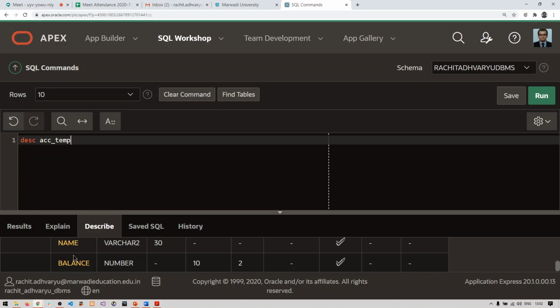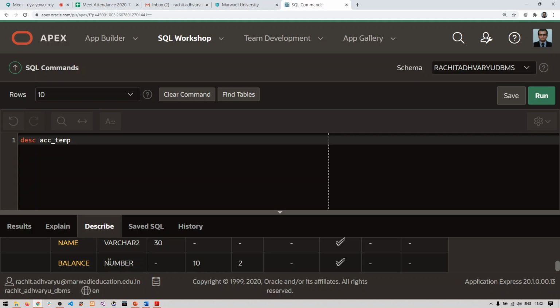Second, here you have written balance number(10,2). If I want to change the data type of this number to varchar after the table has been created, we can do it using the updating table schema commands. So the second thing is we can change the data type of a particular column.